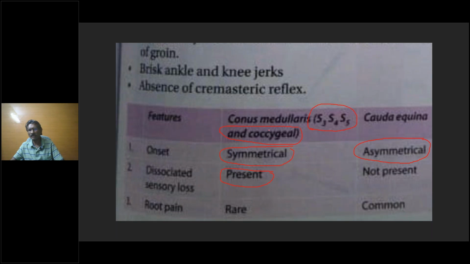Dissociated sensory loss is not a rule in conus medullaris lesion. It is applicable when the lesion is originating internally. For example, when there is an intramedullary lesion in the tail of the spinal cord, a tumor sitting inside in the center, then you may get dissociated sensory loss, but it is not always present. And obviously, cauda equina is more like a radiculopathy, so you won't get a dissociated sensory loss there. Root pain is common, you know that, because it is a root which is pressed. Root pain does not occur here because the root is not affected in conus lesion at all. So try to understand that point of difference.